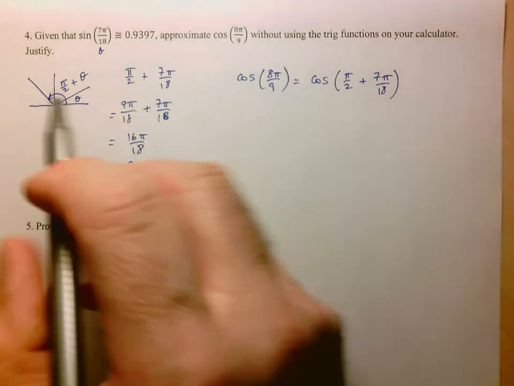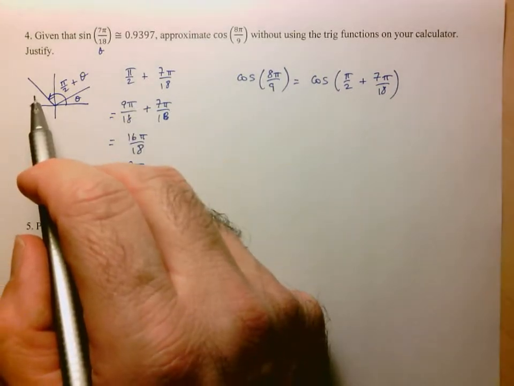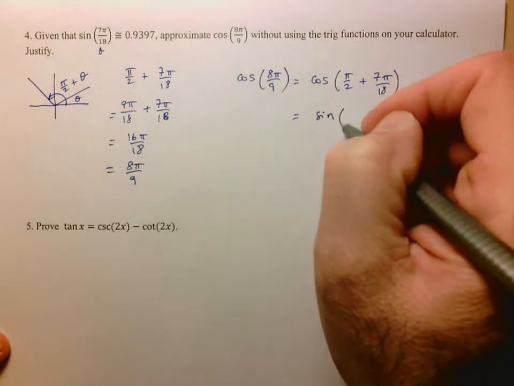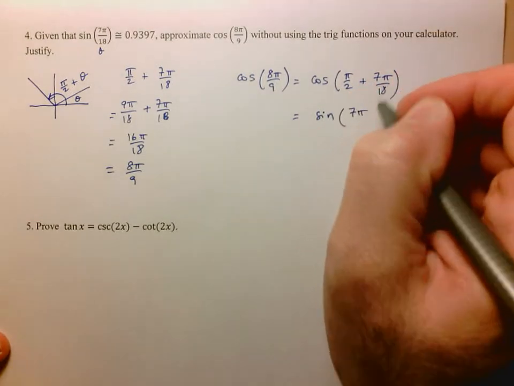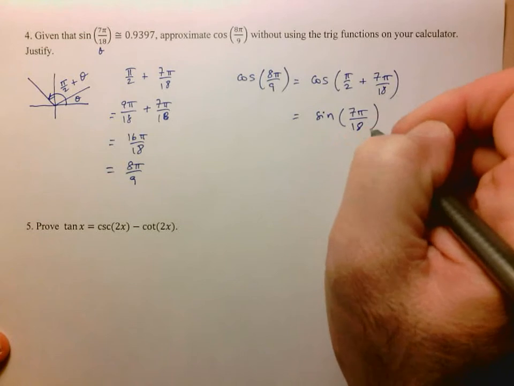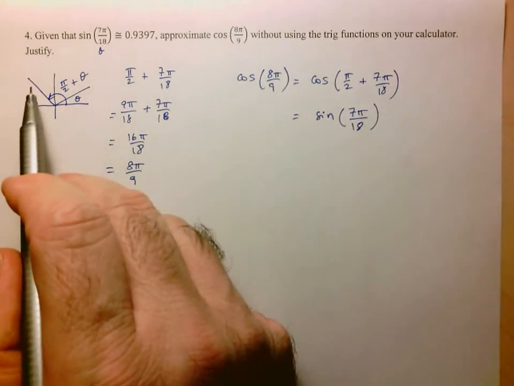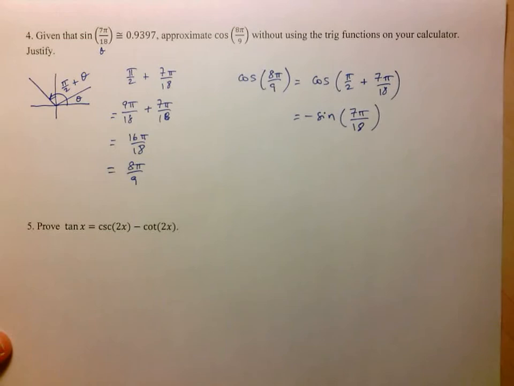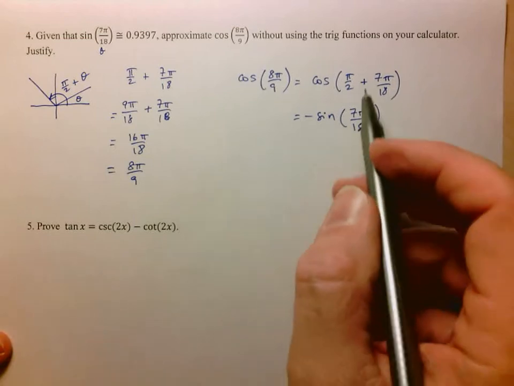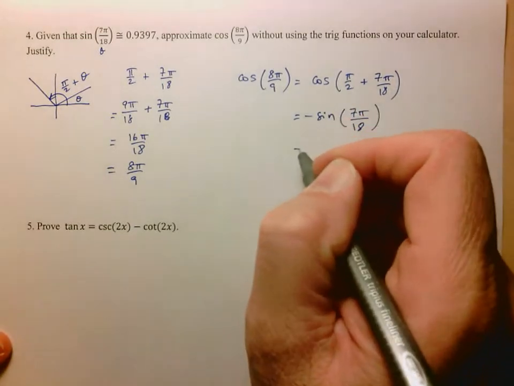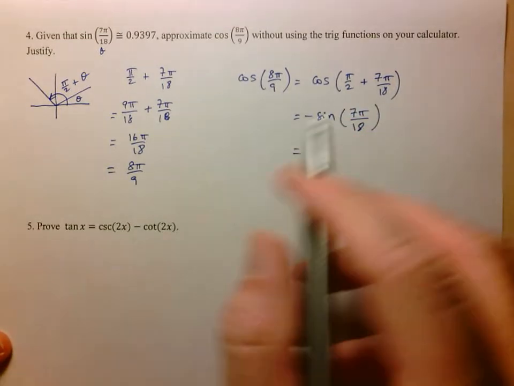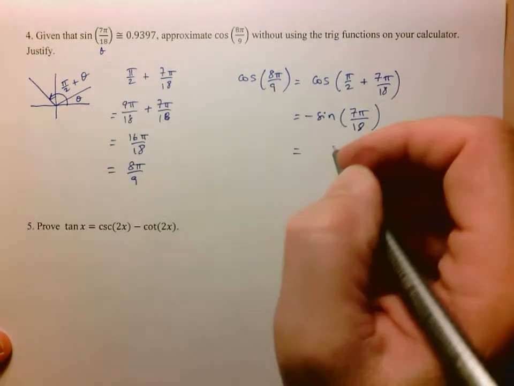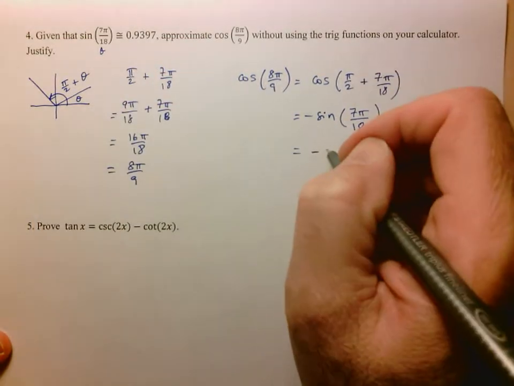So here I have a cosine in the second quadrant, which is going to be related to a sine value in the first quadrant, okay, namely this angle theta, 7 pi over 18. But since cosine is negative in the second quadrant, I know that this relationship must be a negative relationship. Now, of course, you can look this up on your formula sheet, but I'm just reasoning it out. And so here we know that sine of 7 pi over 18 is approximately equal to that. So this is approximately equal to negative